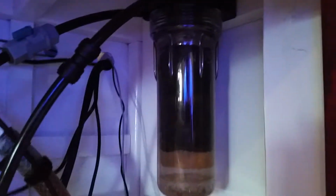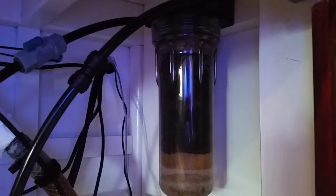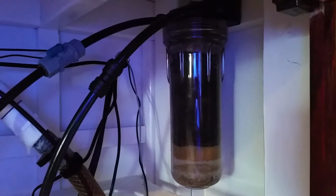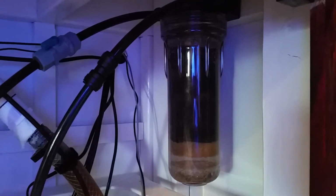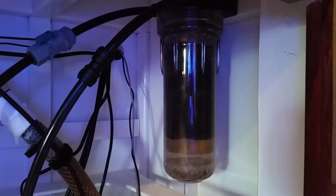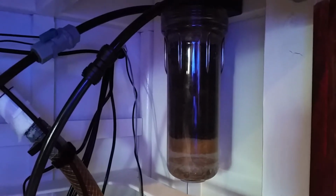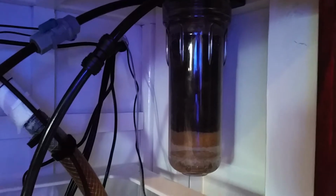I did install the BRS reactor, the deluxe reactor. That seems to be working out pretty good. This was the first fill up of GFO and carbon that I did put into the canister filter. So I did kind of overfill it, I think, a little bit, but that seems to be working out pretty good. And then you can see the sensor for the auto top off,